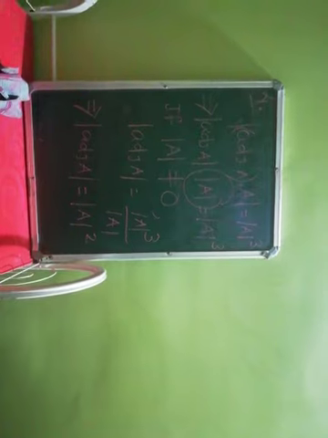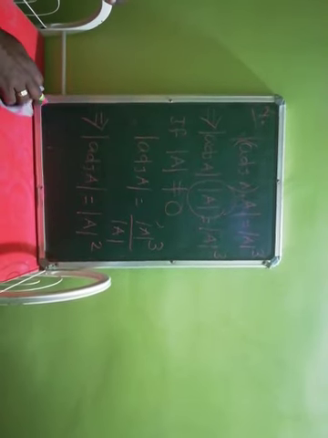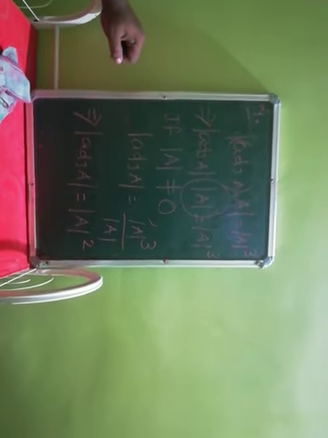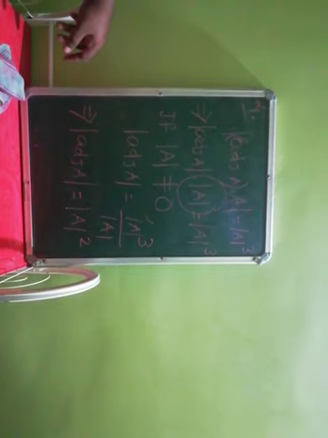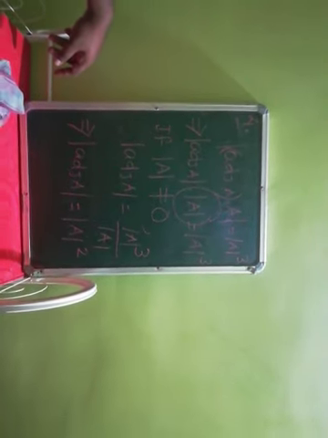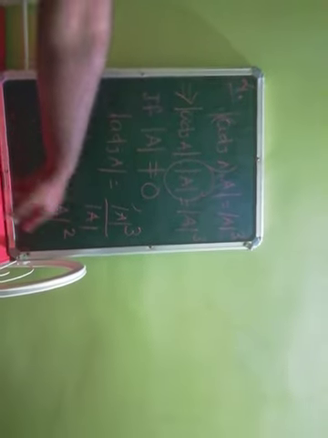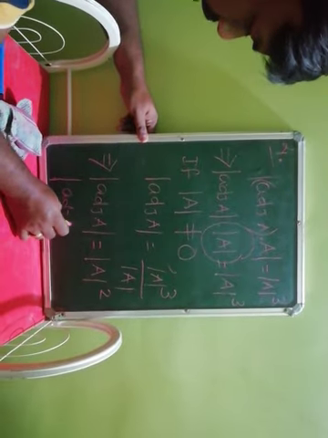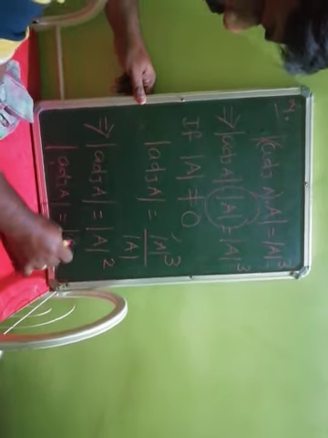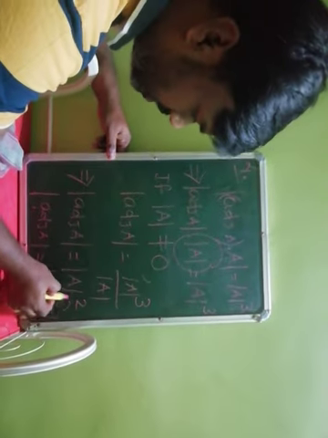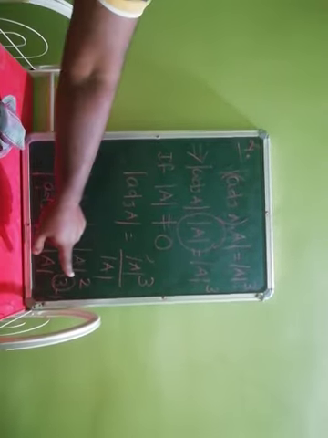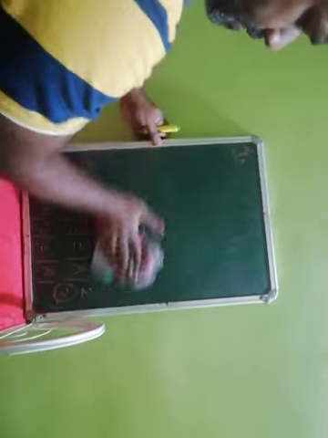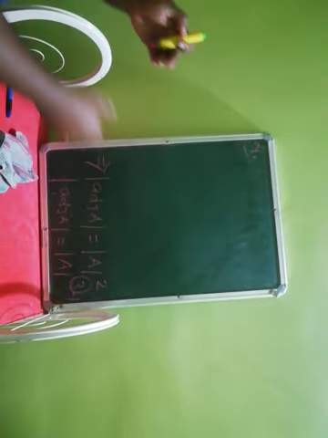So we can generalize this. The determinant of the adjoint of a square matrix of order n is determinant of A to the power n minus 1. Here, the determinant of adjoint of A is determinant of A to the power 3 minus 1, because it is a square matrix of order 3. So the result is 3 minus 1. Now I am generalizing this result. This is a very important result. You may get a 1 mark question also here.